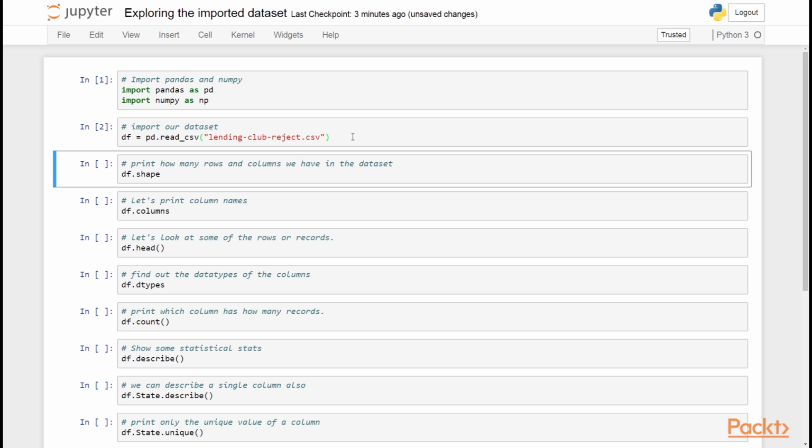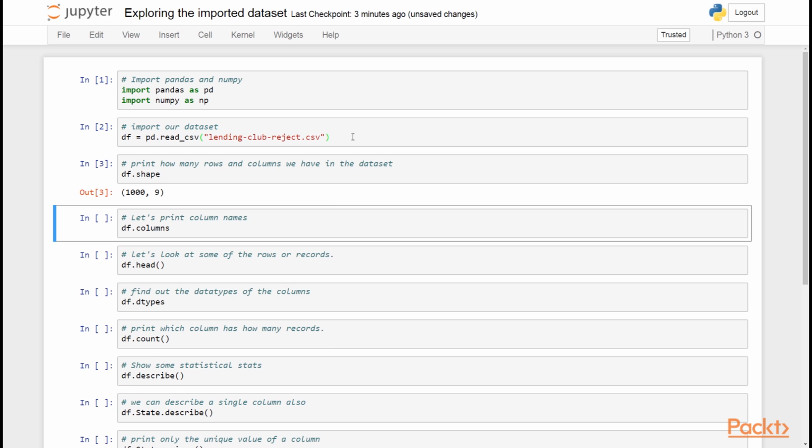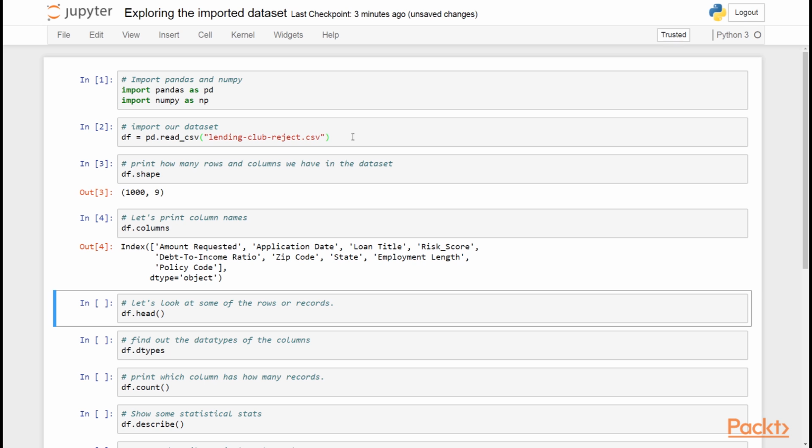For example, to look for how many rows and columns are there, we will call the shape attribute. Here we find out that we have 1000 records or rows and 9 columns in the dataset. We can look at the column names by using columns attribute. The columns we have are amount requested, application date, loan title, risk score, debt to income ratio, zip code, state,